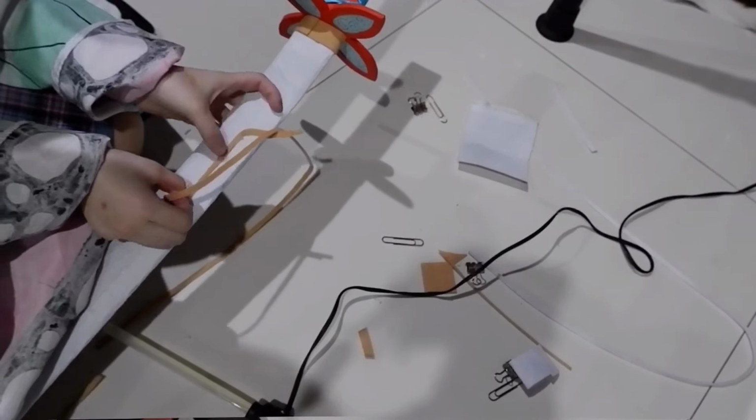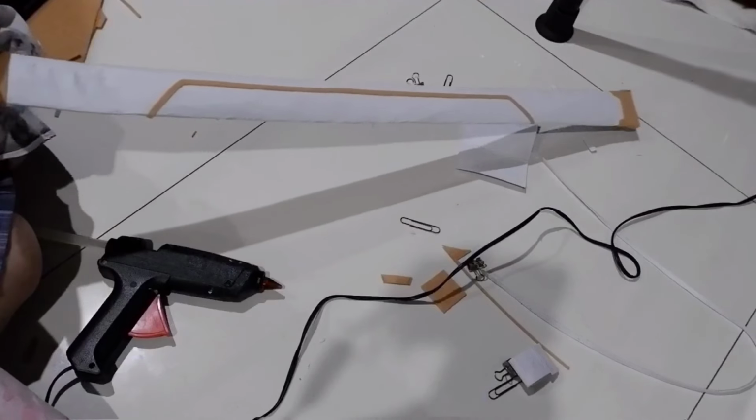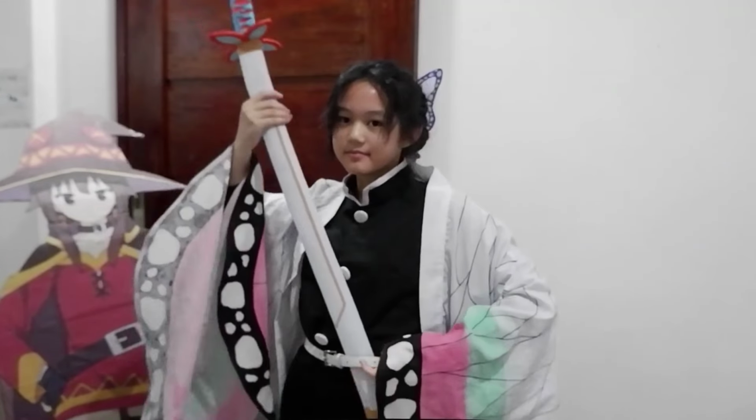Anyway, as you saw, I cut a really long strip of human flesh. Wait, no, sorry, that's beige felt. The flesh was for that other thing, and I just glued it to the sheath in that design. And whoa, cool! And I know she has extra flower designs and stuff, but... So loosen your belt a bit and...